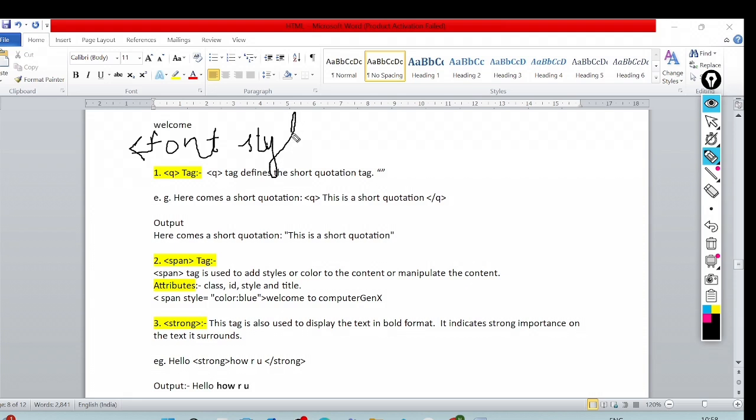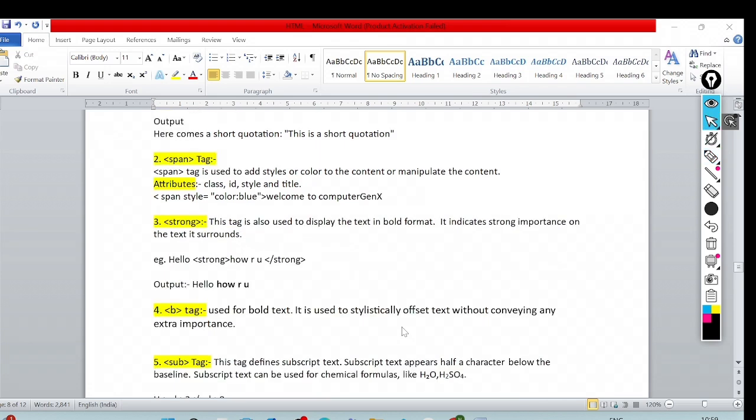So this is my tag, and for a tag I can define some attributes where I can do more styling, more formatting. Okay, so the attributes for span are class, id, style and title.